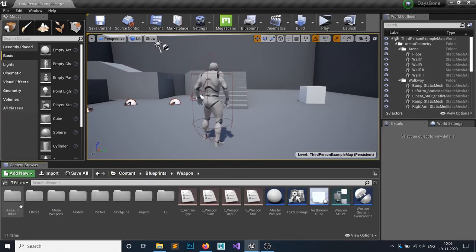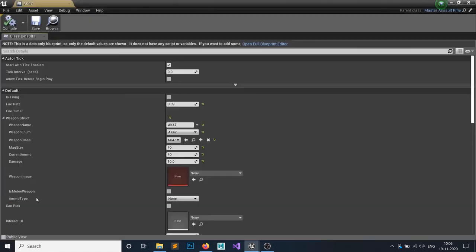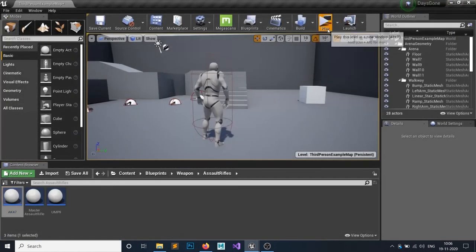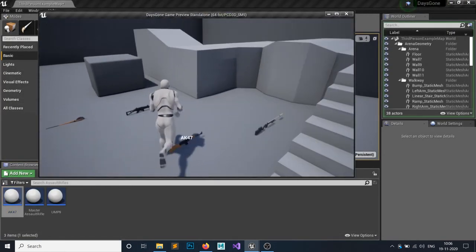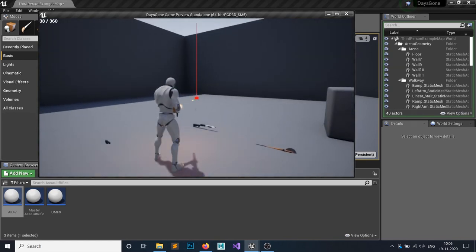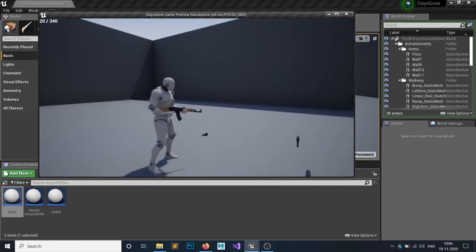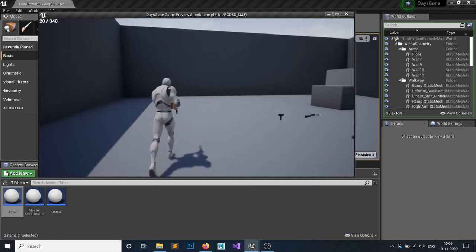Oh wait, I have to tell my AK-47 that it uses the ammo type of rifle ammo, otherwise it won't work. So now, okay, so as you can see, 3 seconds. If I hit R, first it will reload, then after some reload duration this guy should change. Yes, it's changed, but